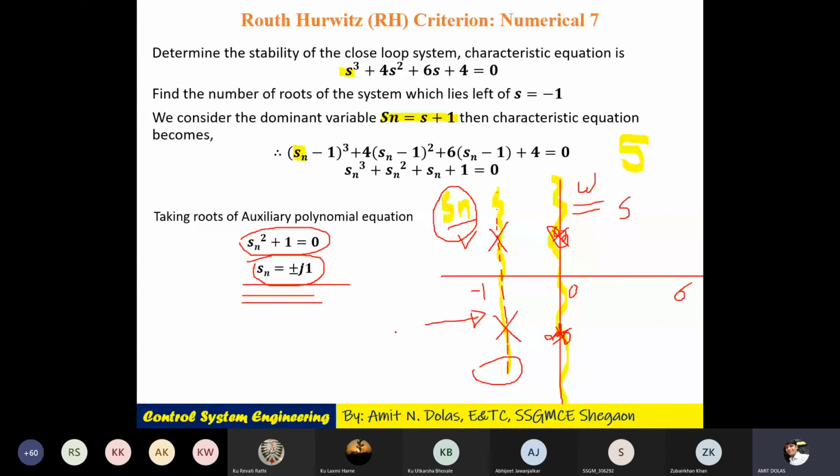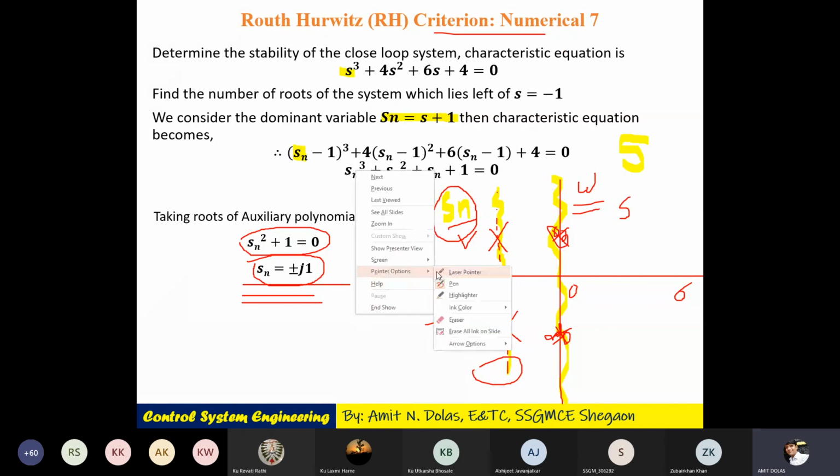This is called the shifted plane. And to get, of course, the relative stability, I hope you understood the relative stability, and accordingly we may use RH with relative stability. We quoted one example of an air conditioner, which is a very simple example. If the characteristic roots are -0.1 plus minus j, then if there is a disturbance or power off, crossing from -0.1 to 0 into the right hand side is not too tough. So it is stable, but relatively it is unstable, it cannot handle even a slight disturbance.